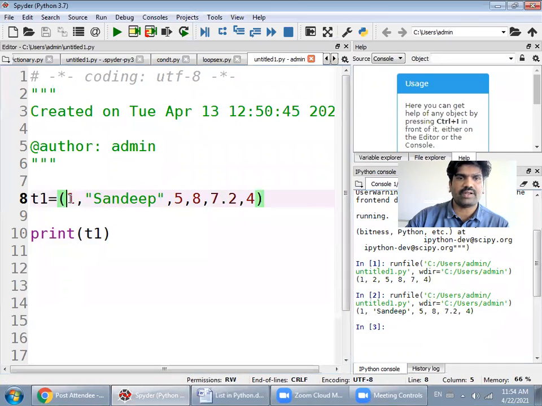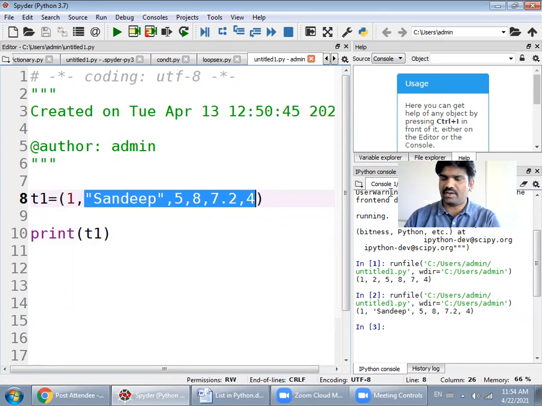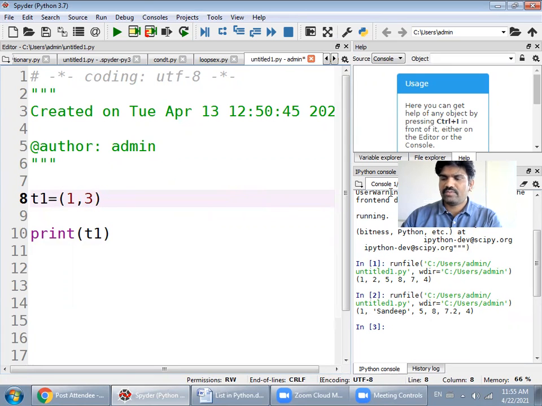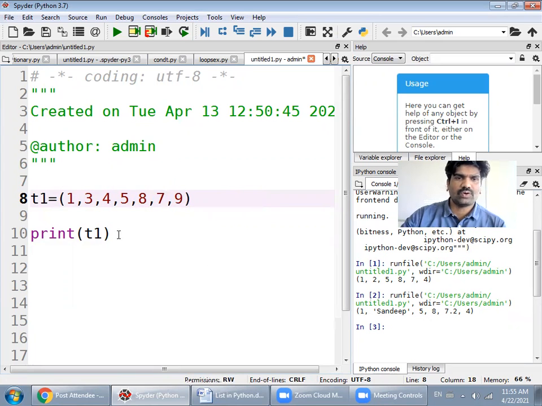Now how can we traverse a tuple? Traversing means visiting one element at a time in the tuple. Means हम tuple के elements जो होते हैं उनको कैसे हम visit कर सकते हैं. We will discuss it. तो as earlier I explained to you how we can traverse a string or a list. In the same manner we can traverse a tuple also.